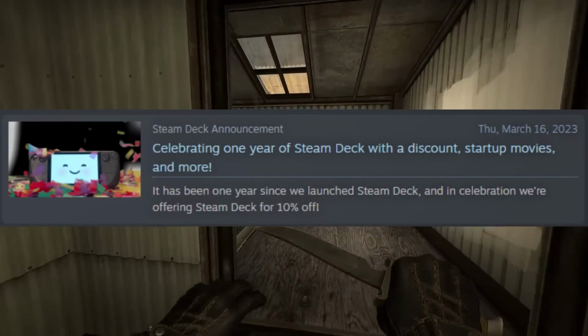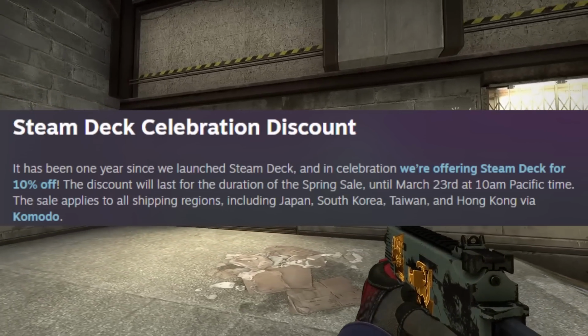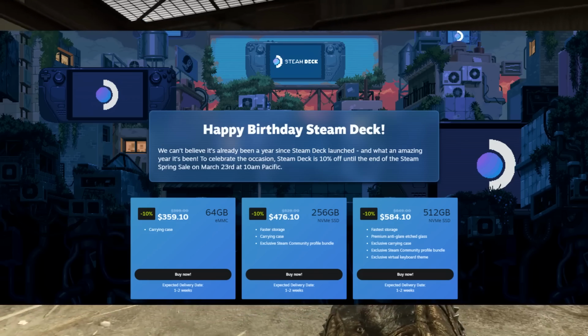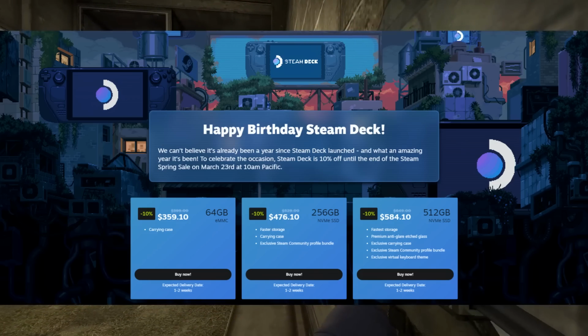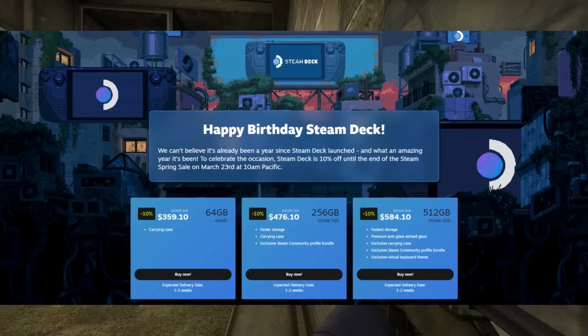This is something that has never happened before for Steam, and this is potentially one of the reasons why we've seen a pretty significant slowdown in the market. Now, looking at everything around the discount, it probably doesn't seem too significant. In all honesty, it's only 10%, but that 10% means a heck of a lot when we're talking about Steam